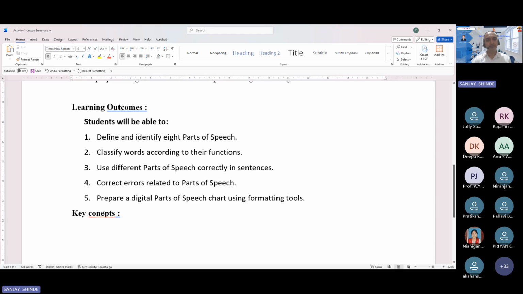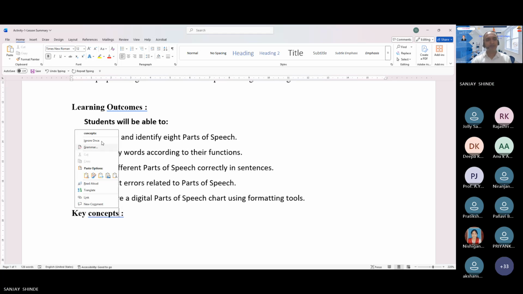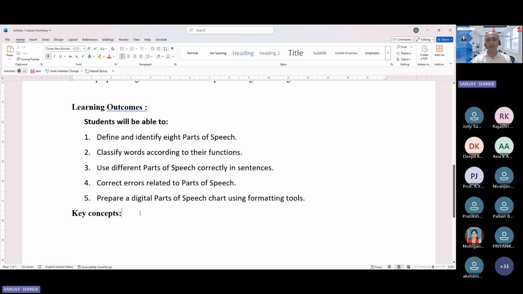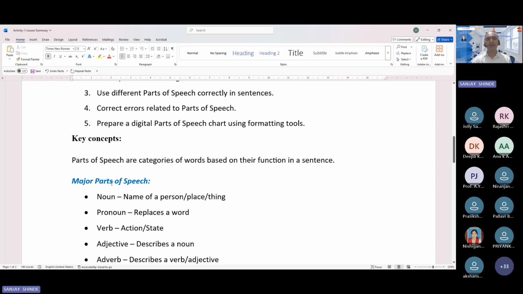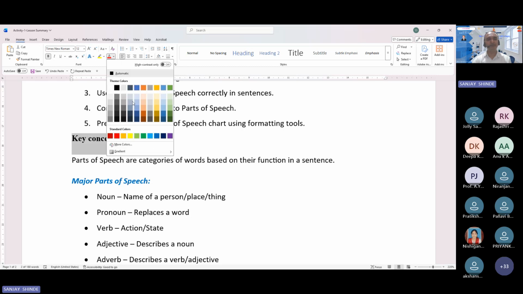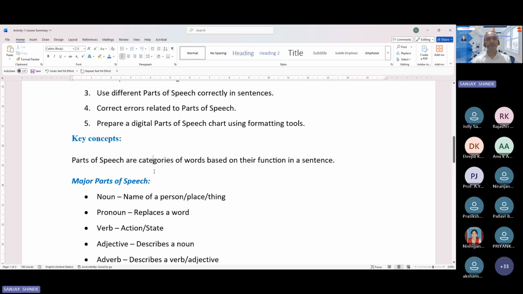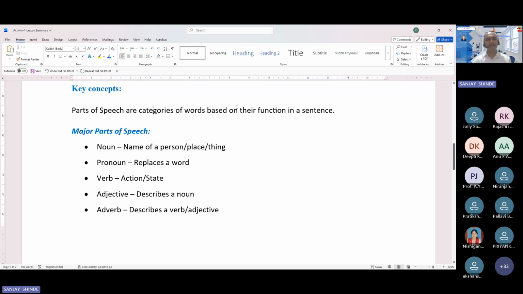Then now, okay, I'm going to type now all the key concepts of my lesson. So now look, I have typed key concepts. I have changed the color of this also. Whatever color you want, you may take it accordingly. So I have typed all the key concepts,